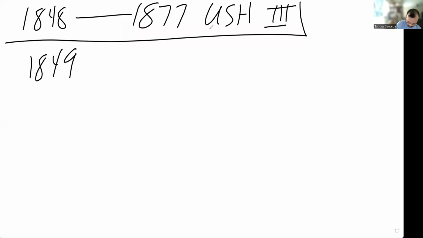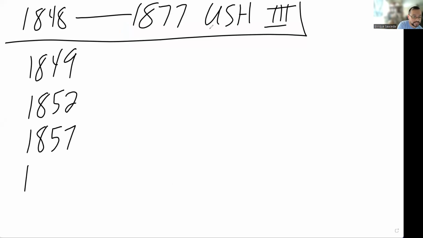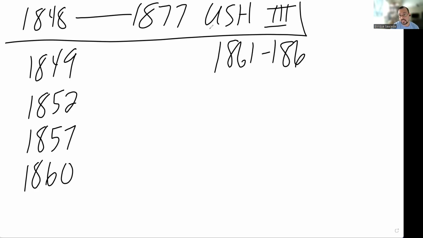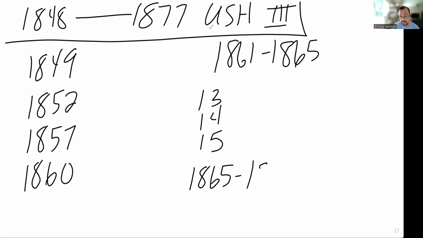Okay, years here. We'll do 1849, 1852, 1857, 1860, 1861 through 1865. Then we'll do 13, 14, and 15, and then lastly we'll do 1865 through 1877. All right, here we go. Let's do this. So, in 1849, after the Treaty of Guadalupe Hidalgo, or the end of the Mexican-American War, there's